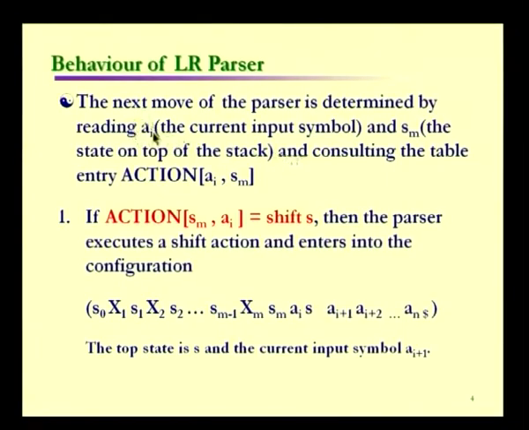The assumptions here: ai is the current input symbol, and sm is the current state on top of the stack. Now we are going to consult the action component of the parsing table. We have ai, the current input symbol, and sm, where sm is the row index and ai is the column index. Suppose the action entry at sm comma ai is shift s,